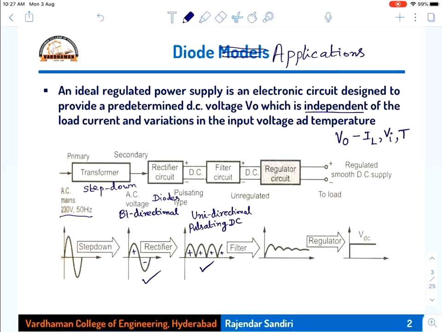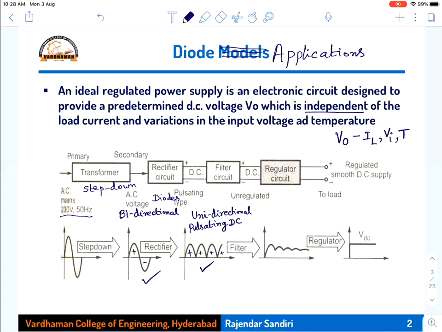The filter is the one which eliminates the AC content present in the input. A filter suppresses something and allows something else to flow. It does not allow some portion of the input to flow, and the other portion of the input will be allowed to flow. The input of this filter contains both AC as well as DC. So this filter will block AC and allow DC to pass through.